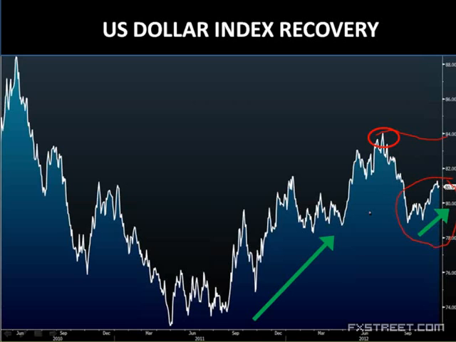And actually we're simply unwinding from extremely historical oversold levels, both in momentum and liquidity terms. Many people have been selling the US dollar for so long that it became overcrowded, and now we're unwinding. But also keep in mind that from a macro perspective, the US dollar is seen, whether you agree with it or not, as the last safe haven standing.